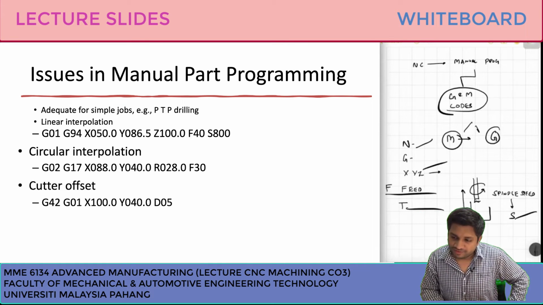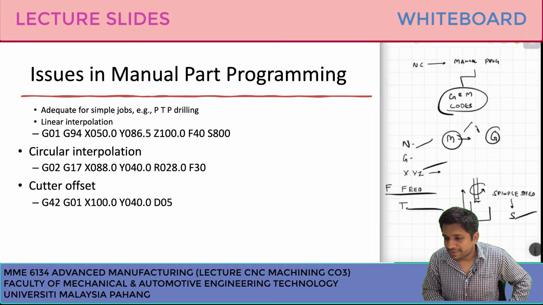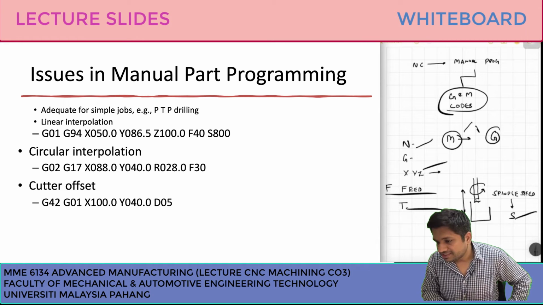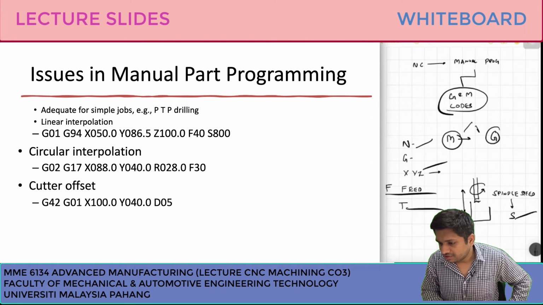We can usually perform simple shapes, or not very complex shapes, I would say. That is why manual part programming is now being replaced by computer assisted part programming. We have different word address formats for linear interpolation. G01 stands for linear interpolation, G02 stands for circular interpolation. There are different types of interpolation that we will talk about later on. Now is not the time to talk about that.